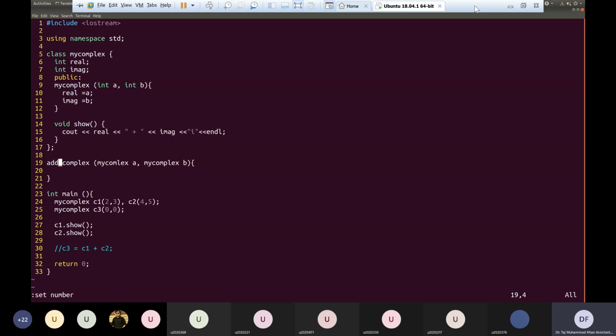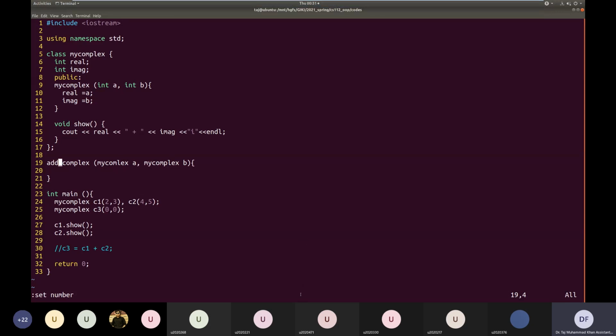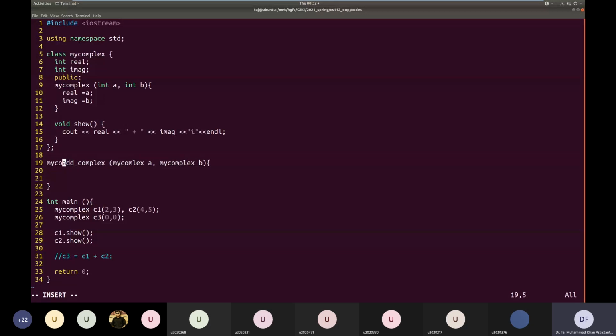For the moment, adding two complex numbers should produce a complex number as the result, which should be the sum of the two complex numbers. So its return type should be my complex. Good.